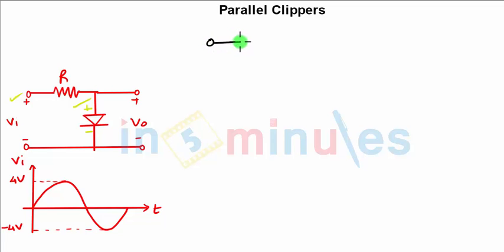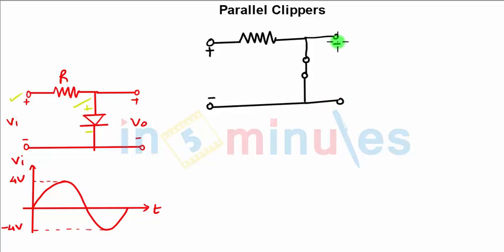So, when the diode is forward biased, the circuit will look like you have the resistance R, then the diode will be short circuited. You have input voltage plus minus Vi. The maximum current flows through the diode, hence the output voltage VO will be 0 for the input voltage from, say, 0 to 4 volts. When you apply KVL, since the diode is short circuited and we are measuring the voltage across the diode between these 2 points, the voltage will be 0 for the entire positive half cycle.